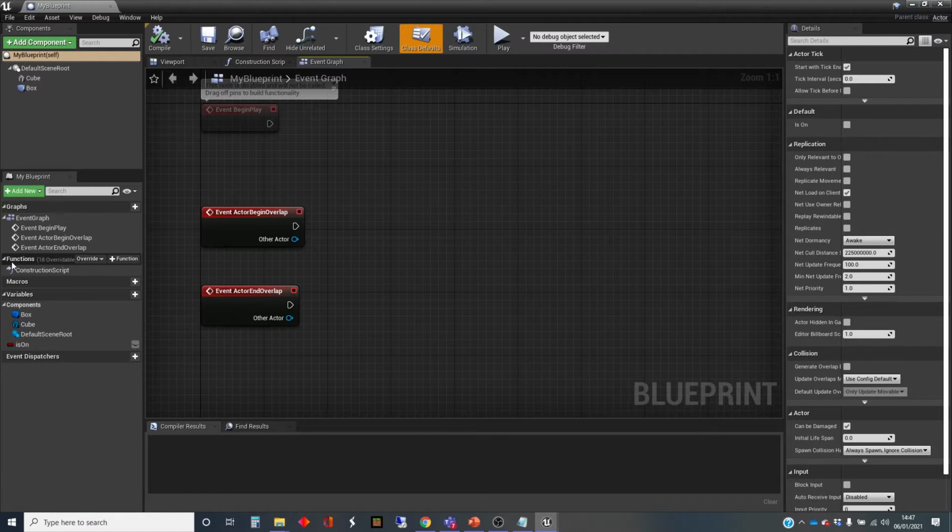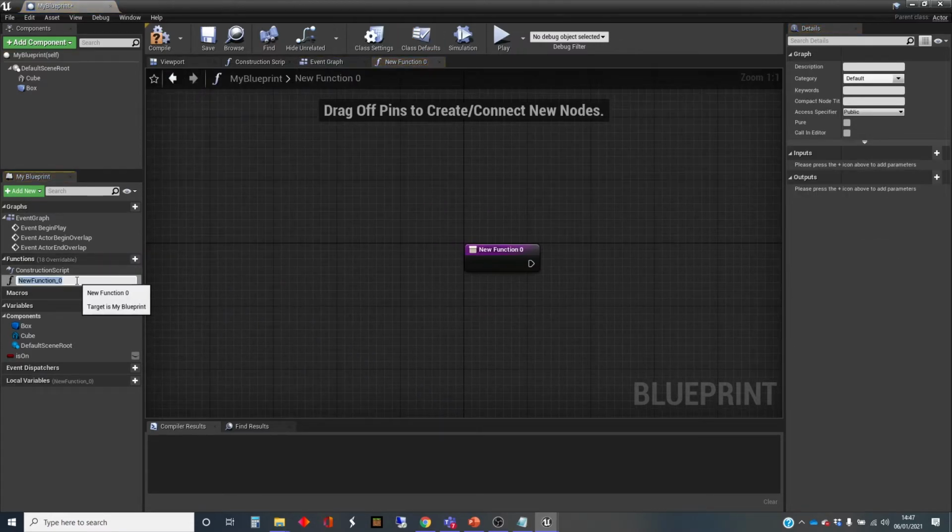So I'm going to create a function. The functions are here down on the left-hand side, and there's a construction script, which we're not bothered by, and there's a plus button. I'm going to create a new function. And this function is going to take some text that we're going to give it. It's going to split it up into separate words, and it's going to print out each word separately, but it's going to do so in reverse order, just for cosmetic purposes. I did say it's something that you probably wouldn't really want to do. So here we are. We're going to call it